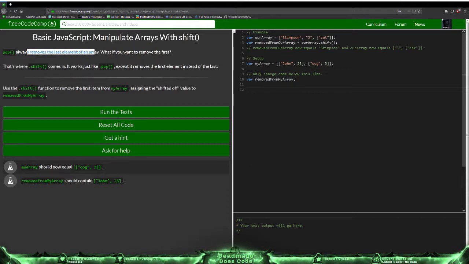Pop always removes the last element of an array. What if you want to remove the first? That's where shift comes in. It works just like pop, except it removes the first element instead of the last. But then how do you add to the first element? Use the shift function to remove the first item from my array, assigning the shifted off value to removed from